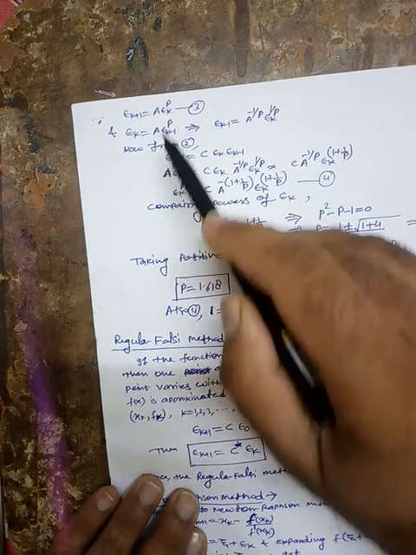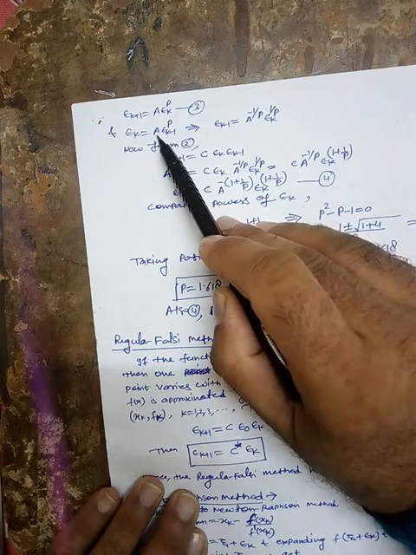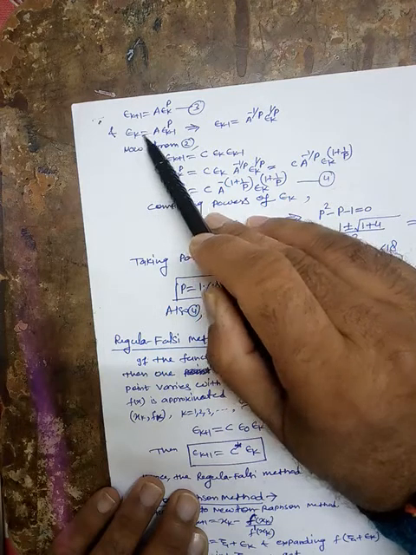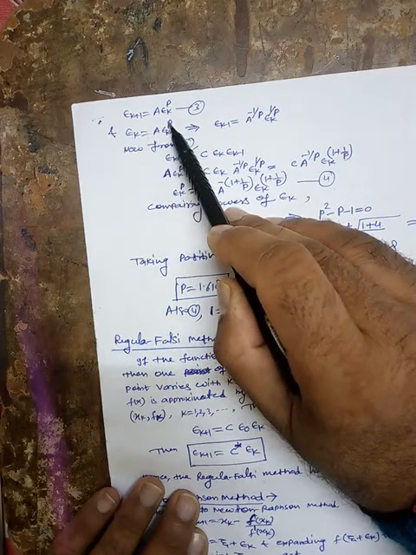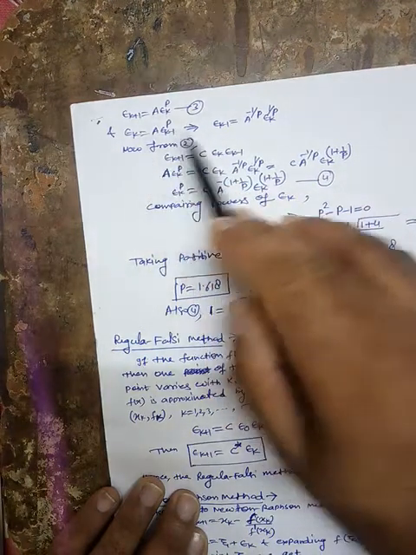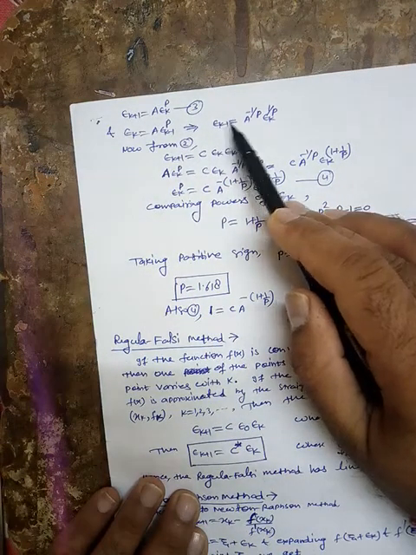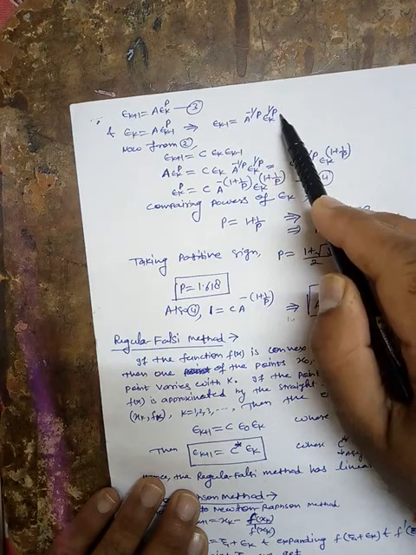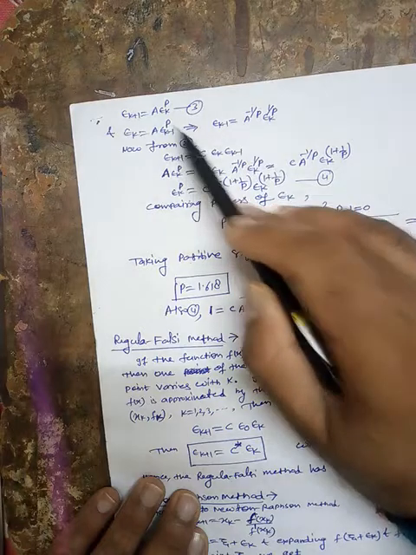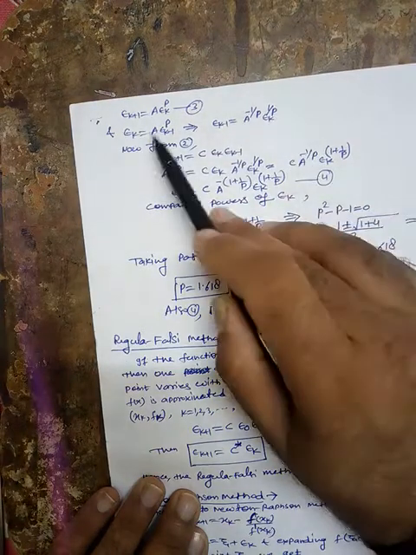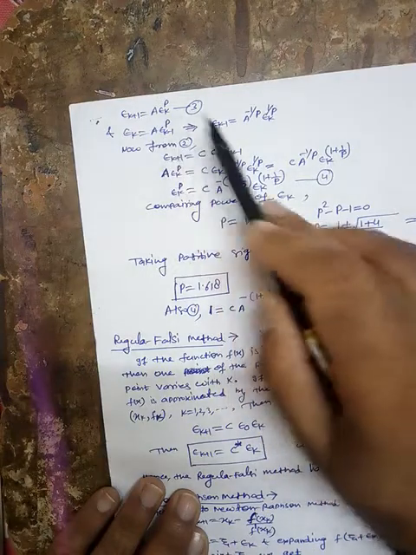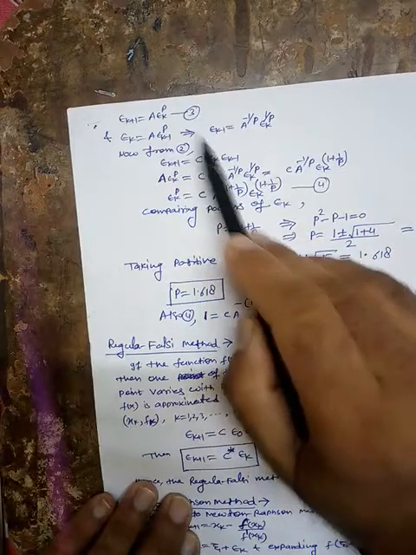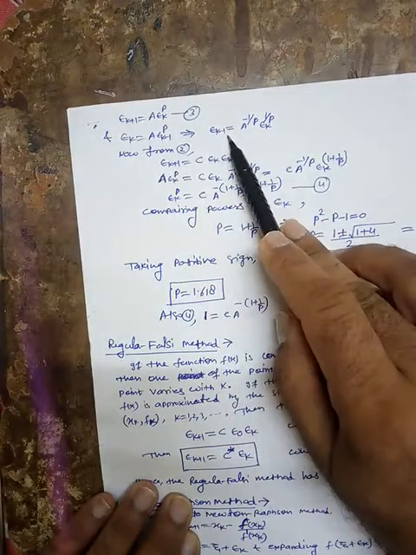Now just divide this equation by a. So we get epsilon k by a is equal to epsilon k minus 1 raised to the power p, and then take the power 1 by p on both sides. So we get epsilon k minus 1 is equal to a raised to the power minus 1 by p, epsilon k raised to the power 1 by p. Left hand side goes to right hand side and right hand side goes to left hand side, so don't get confused. Now we have epsilon k plus 1 and epsilon k minus 1.